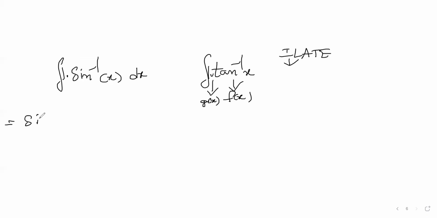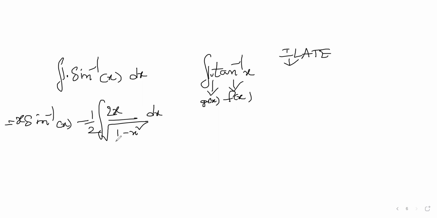So the first function is sine inverse x, and its derivative integral 1 is x sine inverse x, minus the integral of x divided by the derivative of sine inverse x, which is the square root of 1 minus x square, dx. This is the first integral. Here you can put 2x over here, and then put a half over there, and if you assume 1 minus x square is p,